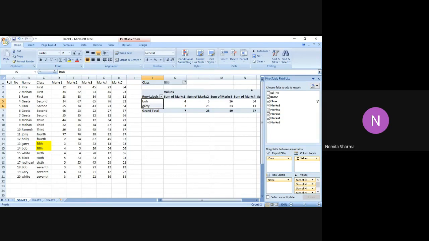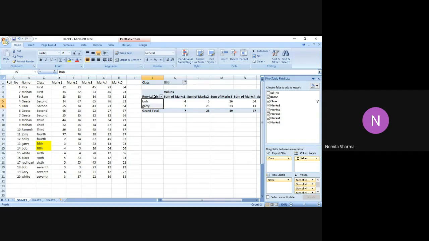you will see the change in the table accordingly. So the best part of the pivot table is that we need not, now this table which is dependent on a criteria, which can be any depending on a situation or depending on the objective, can't be made as a master table because we do not know how we have to use this data. We do not know, as a manager, what my boss will be asking for. So as an executive, employee, I will simply have this table with me with the whole data. So all the roll numbers, all the names, all the classes, the whole marks will come in the table.